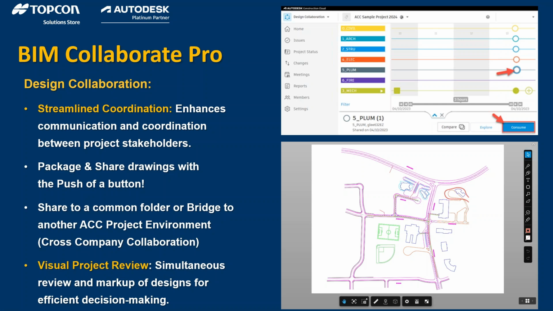What this means is it enhances communication and coordination between all project stakeholders, and you're able to package and share drawings with a push of a button. Now, not a lot of people that haven't been in the ACC are going to know what that means. When you're packaging and sharing your drawings out of a push of a button, what this actually allows you to